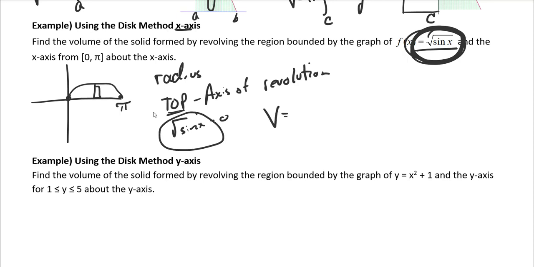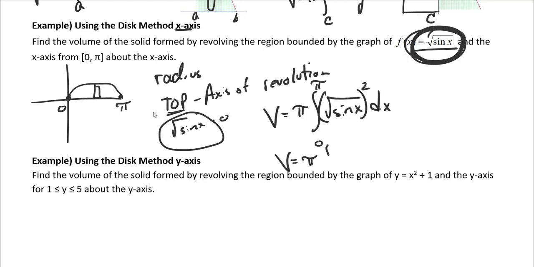So the volume is equal to pi times the integral from 0 to pi of the square root of sine x, squared, dx. I'm sorry, it's the square root of sine x squared dx, because r squared is the radius squared, right? So the volume is equal to pi times the integral from 0 to pi of sine x dx, right? The integral of that is negative cosine, and then you can evaluate that,